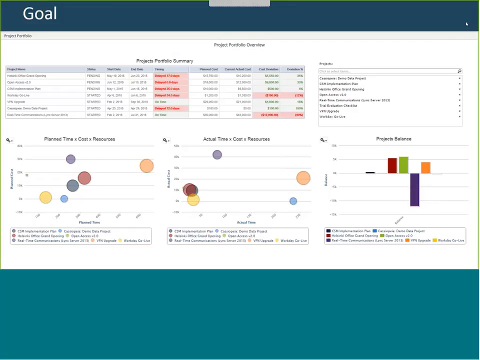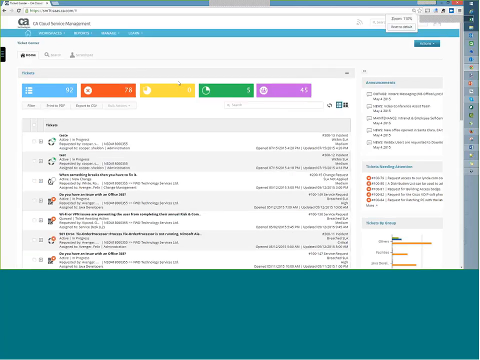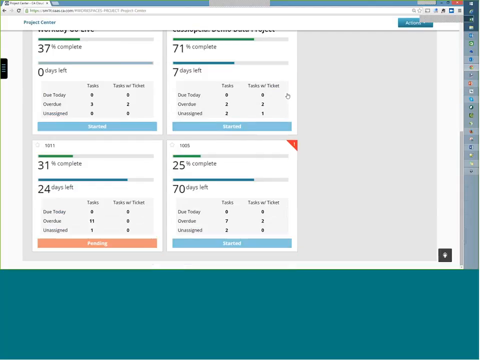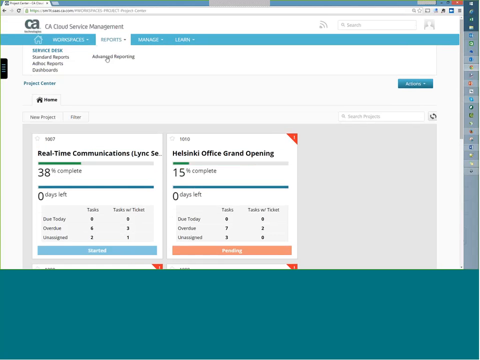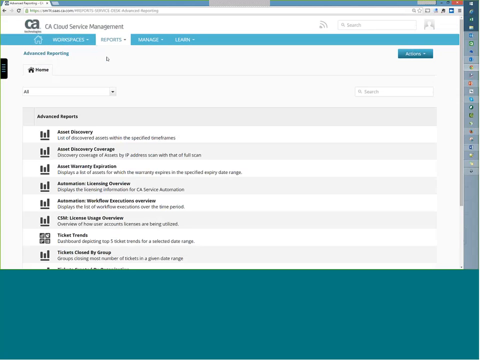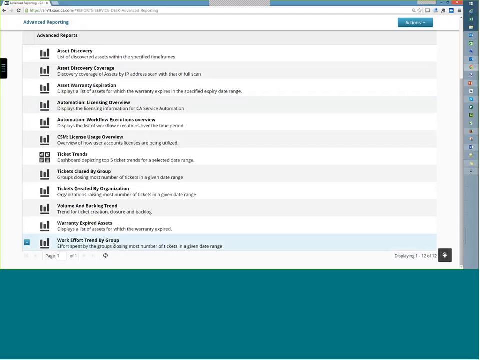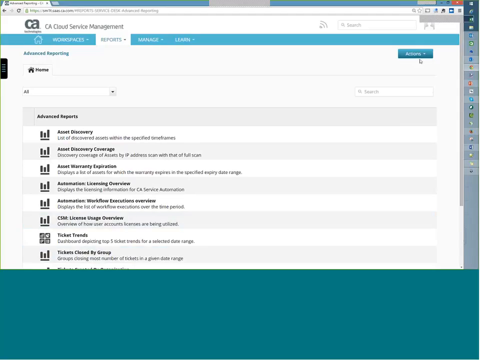Okay, so let's just move to CSM. So this is my slice where we have the project center. I have several projects here, and last week we configured the domain on the Advanced Reporting for this slice. I still have only the out-of-the-box reports, and to start, the first thing we need to do is go to Actions, create Ad Hoc View,